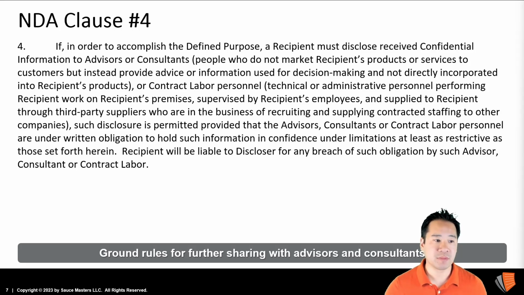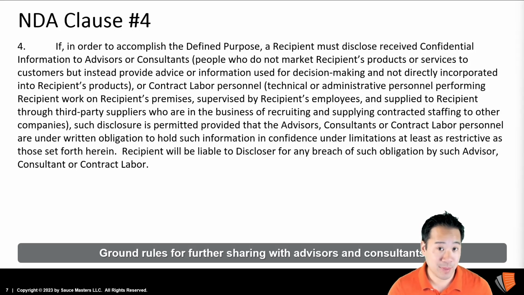Clause number 4 establishes ground rules if you need to further share it with advisors or consultants. So let's say you've got confidential information and you want to share it with your attorney, that would fall into this particular clause. If you receive confidential information and you've got to share it with your attorney, you can do so as long as that attorney has a written agreement with you, about the same as this NDA, to not further share it. So this clause provides rules on how you can share it with somebody else if you need to,